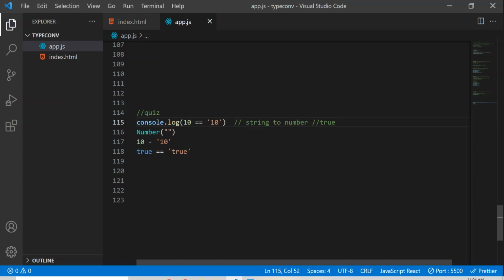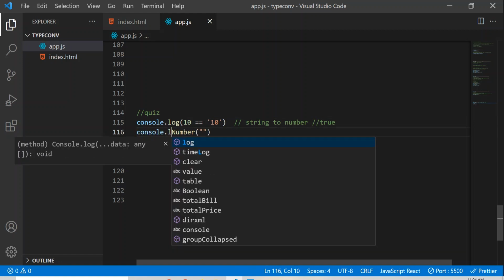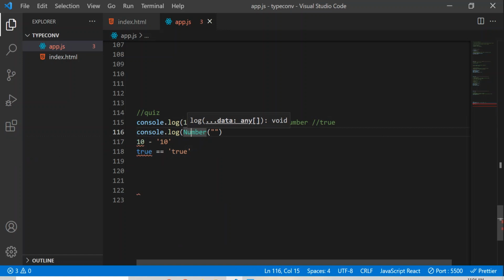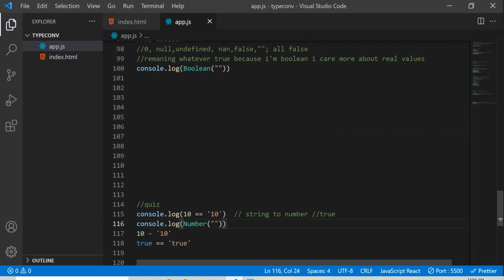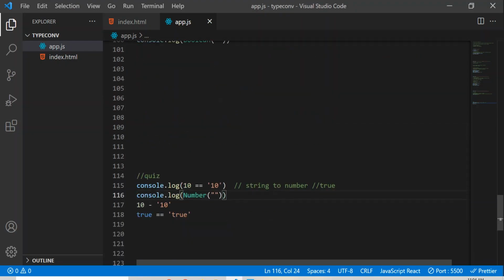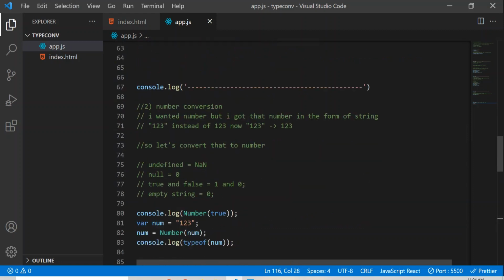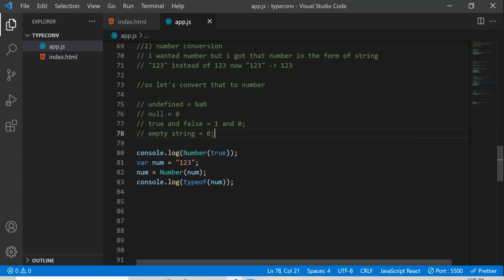Okay, now let's pass this. Let's see what we are going to get, you must tell me the output right now. Console.log. You can see we got output as 0 because we have already learnt above that when we pass an empty string, nothing, in the Number function, it will give output as 0. Okay, let's scroll a bit. You can see null 0, undefined 0 and empty string equal to 0. Here empty string is 0. This is a rule in the Number function, that's the default behavior of Number.